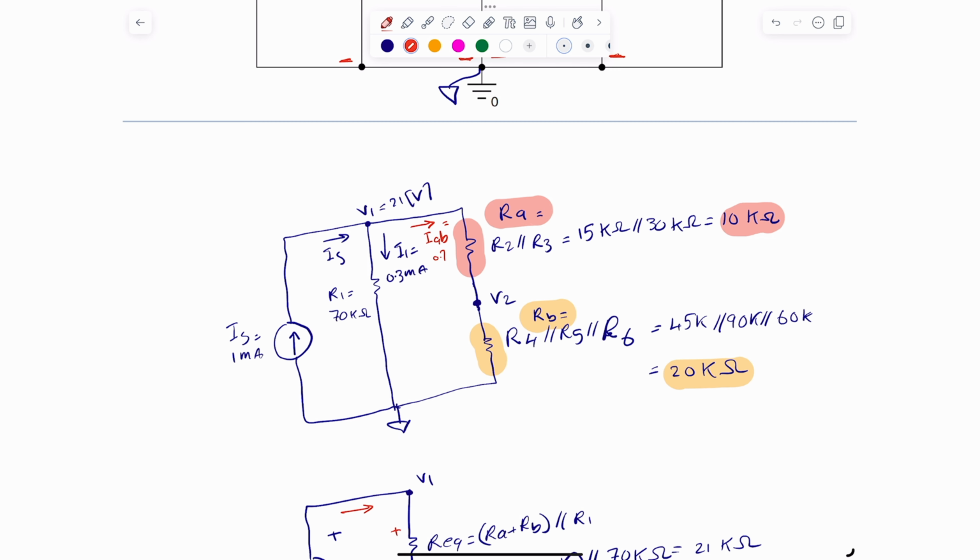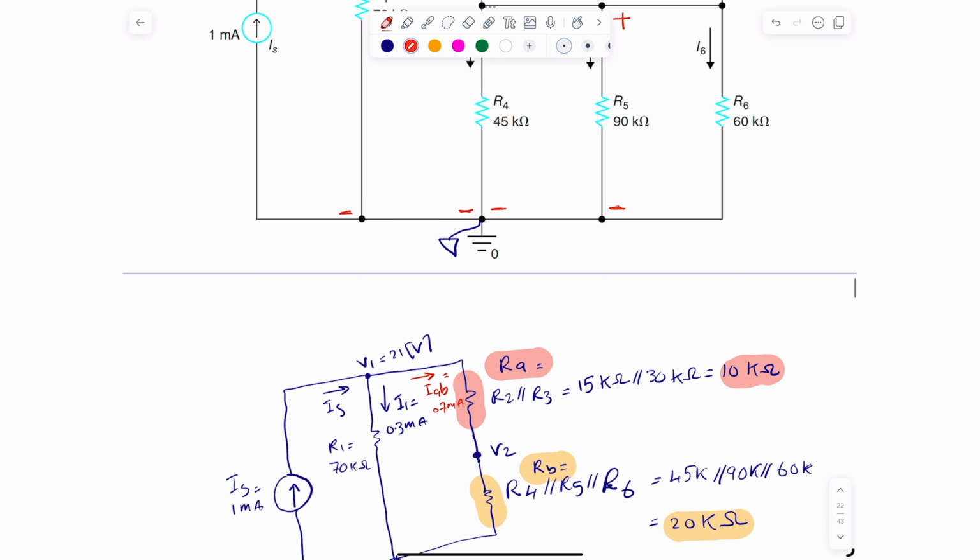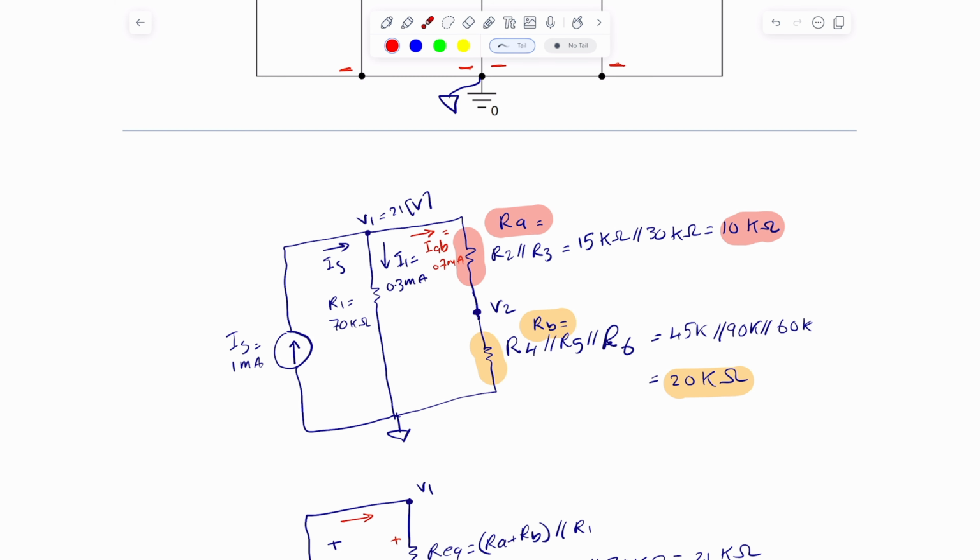Okay, well, that's good. Now, what can we tell? Well, we can figure out now that this current is going through RA, and it's also the same current going through RB. And if I know what RB is, which I do, I know it's 20 kilo ohm, I can figure out what the voltage V2 is using Ohm's law. So let's figure out what V2 is. So V2 is simply